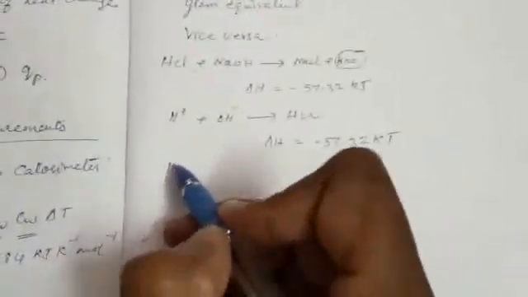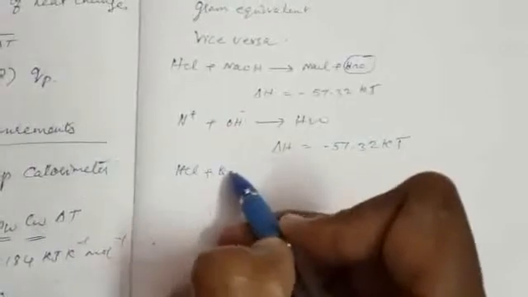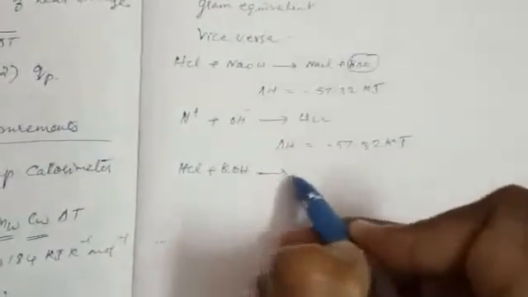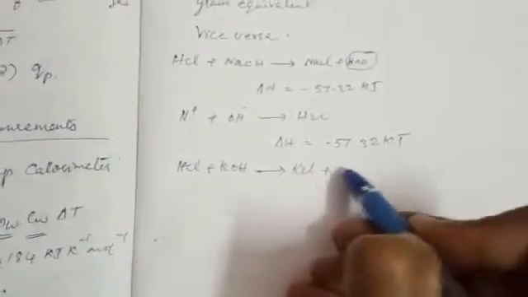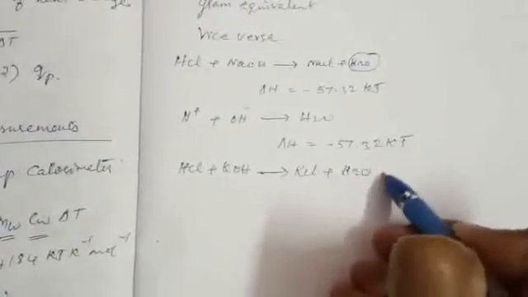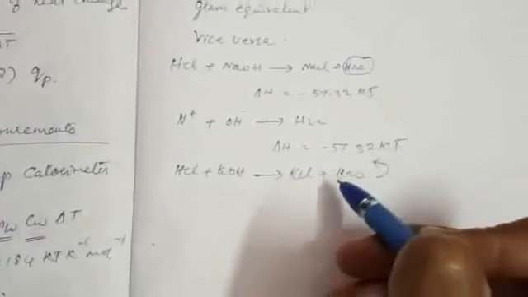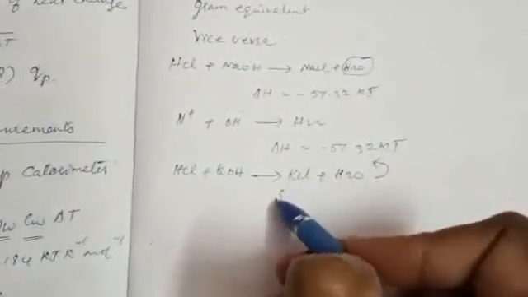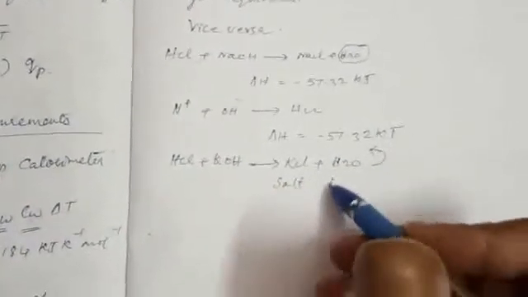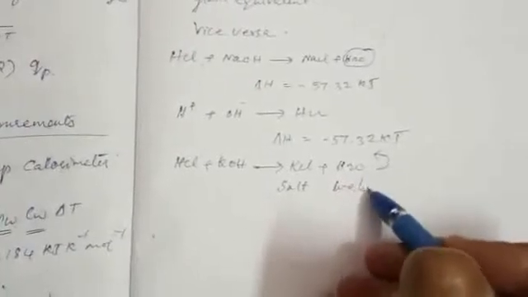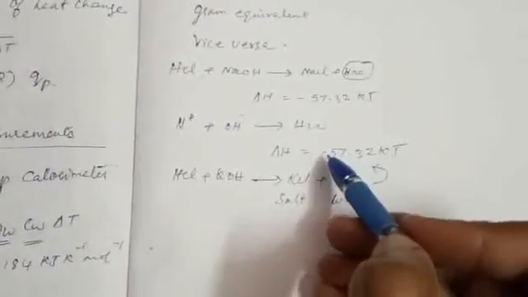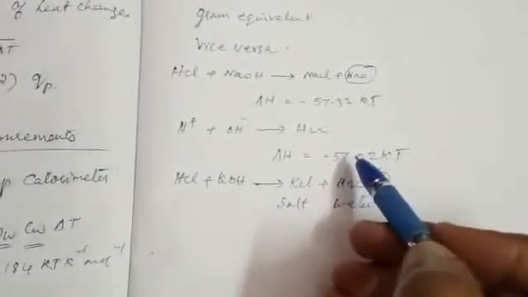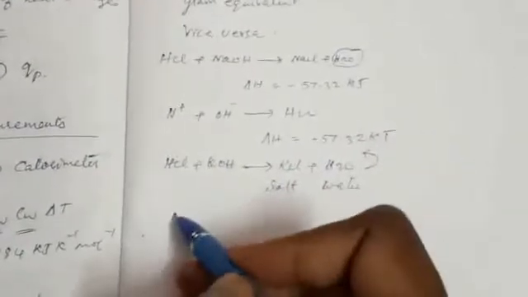Even if the acid is the same, HCl plus KOH, and the base is different, it produces salt plus water, and the delta H value will be the same. When one acid and one base neutralize, salt and water are produced, so the neutralization delta H equals minus 57.32. Next topic, molar